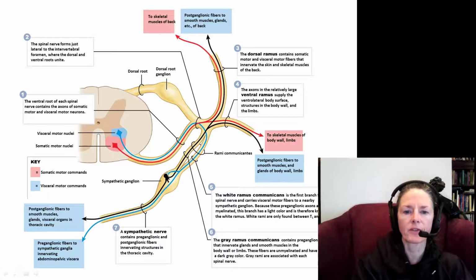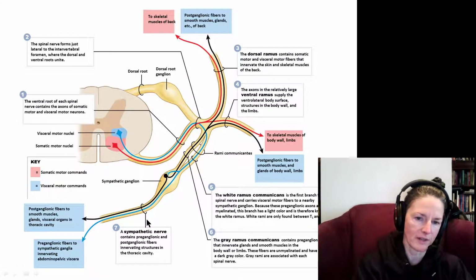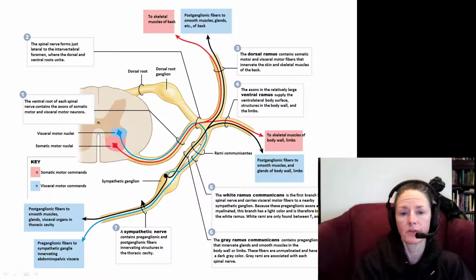But look at this. Some of these axons will go through what's called a gray ramus communicans. And this is where these axons will join the spinal nerve. And they will innervate visceral structures that are in the back and in the body wall. So these are still innervating visceral structures. If it leaves this part, this is actually called a sympathetic nerve. And we'll study the sympathetic nervous system a little bit later when we get to the autonomic nervous system. But for right now, just know that we have